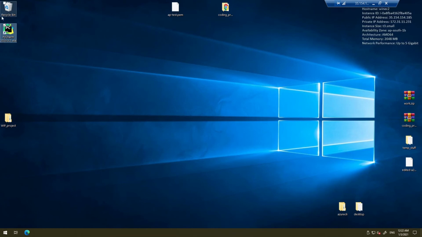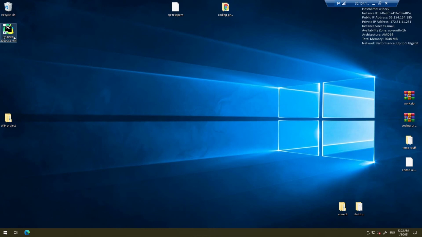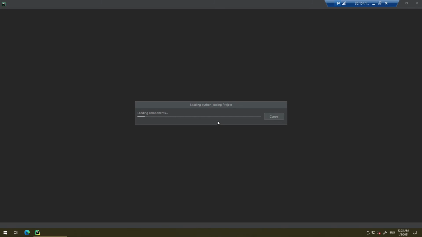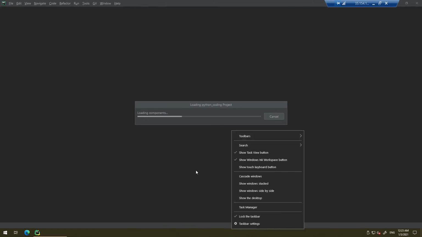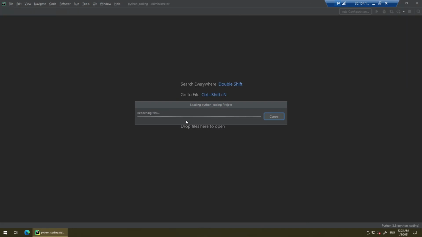So as you can see, this is my server that I use daily, and here you can see I have installed PyCharm, Chrome, Edge, even Git, Python. So I use it for my development purpose. So I'll show you a simple demo of using an application in PyCharm. The advantage of using it is that it is very fast, and since cloud uses NVMe and SSD drives, the performance is very fast even with a lower amount of RAM. So this server has only 2 GB of RAM, but PyCharm usually requires 4 GB. But since it is a server, it can simply run on 2 GB RAM.